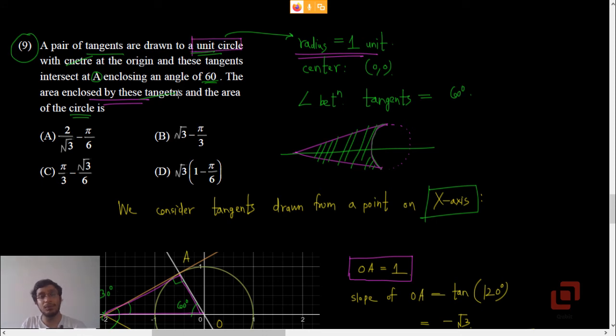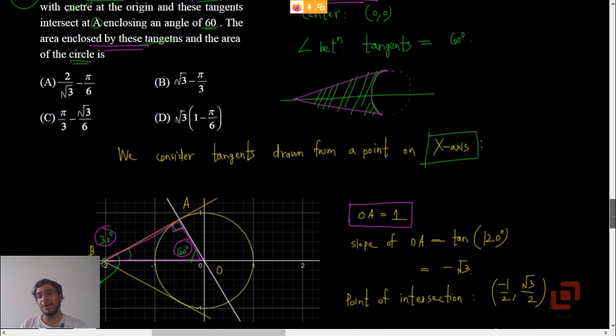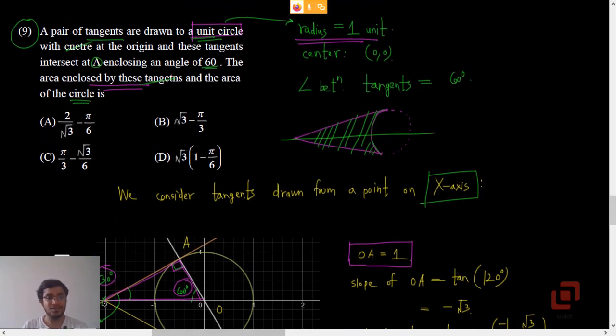Yes. So then the question which I had was how to find out the remaining two sides of the triangle. First thing is that radius OA is perpendicular to AB, so it is a right angle triangle OAB. Now to determine these two angles, the central angle 60 degrees and the angle which AB makes with the x-axis, I made use of this piece of information which was given to us in the problem, and that is the tangents intersect at A enclosing an area of 60 degrees.